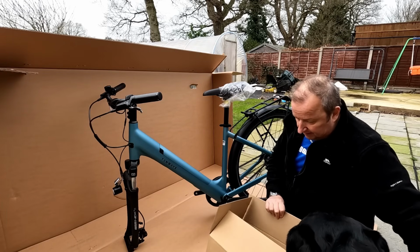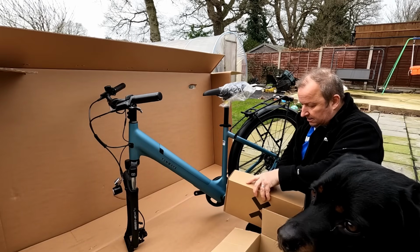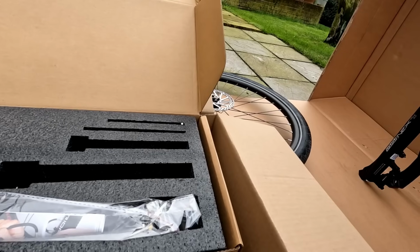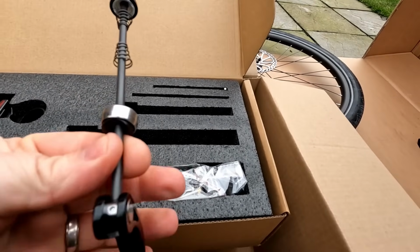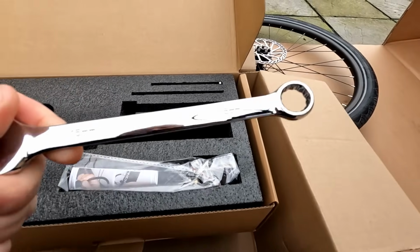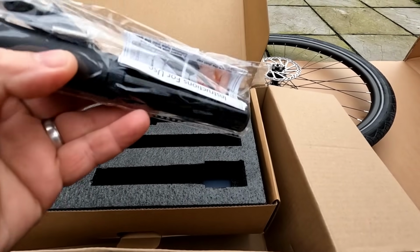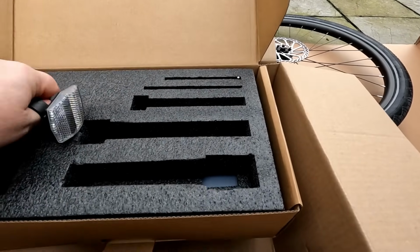So let's have a look what we get in this accessories box here. So let's get this out of the box and see what's in here. Right, okay, so you've got a comprehensive set of toolkits and extras. So we've got our front wheel spindle there, which we're going to be fitting very shortly. You've also got a 15mm very shiny spanner there. You've got, this looks like a little foot pump. That comes with it as well. We've got our reflectors for the front and also the rear,